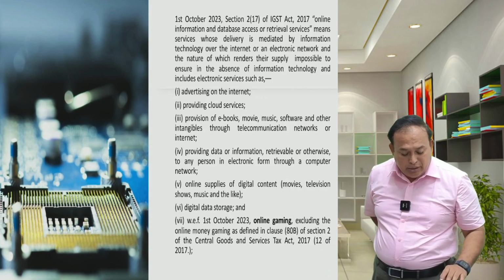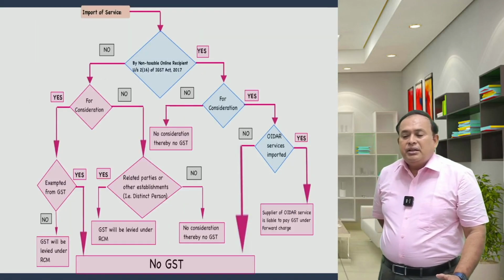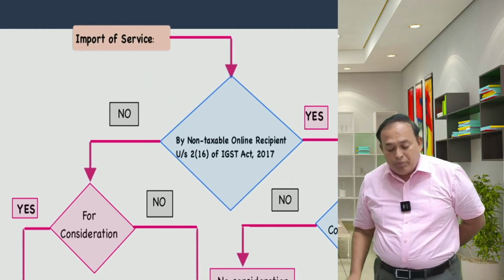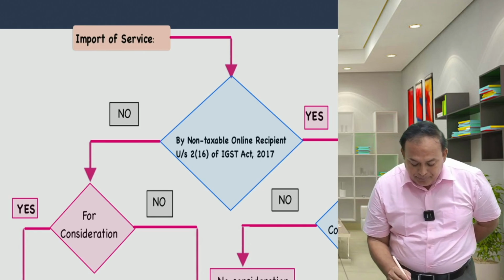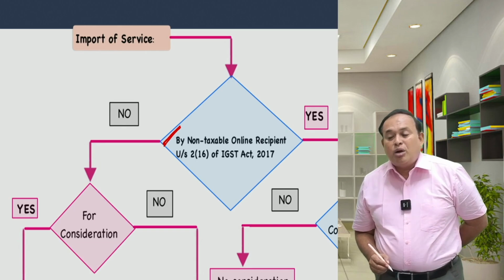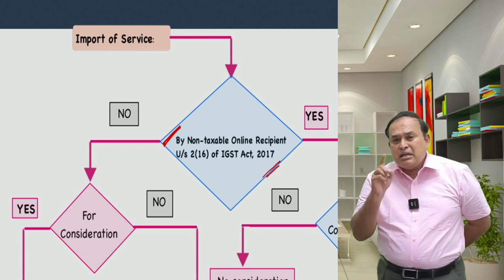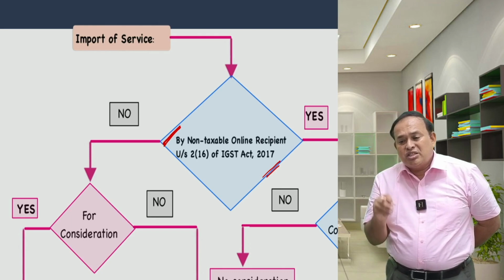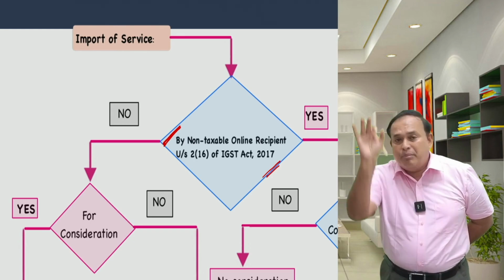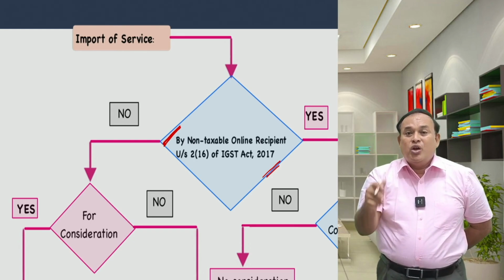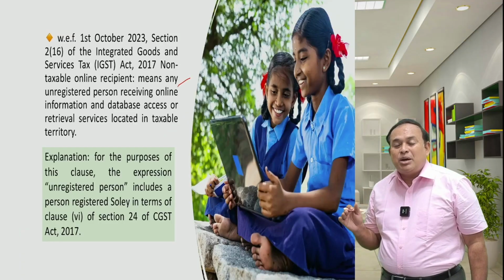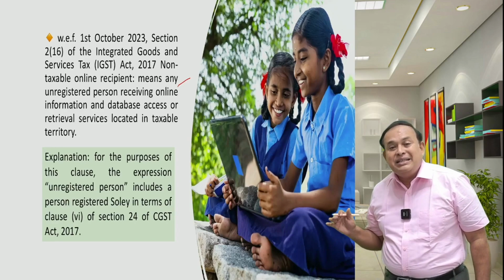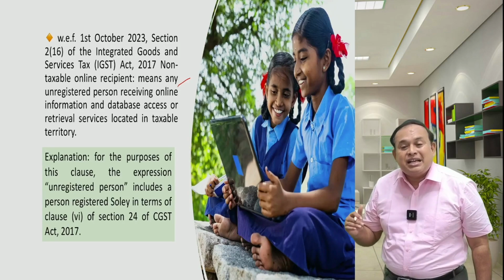Now coming to our regular study, we are here. In the given case, my dear sir, import of services. By whom? Import of services by a non-taxable online recipient. Non-taxable online recipient definition, section 2 subsection 16 of IGST, also got amended from 1st October 2023, which is as follows. Non-taxable online recipient means, from 1st October 2023 onwards, as defined under section 2 subsection 16: